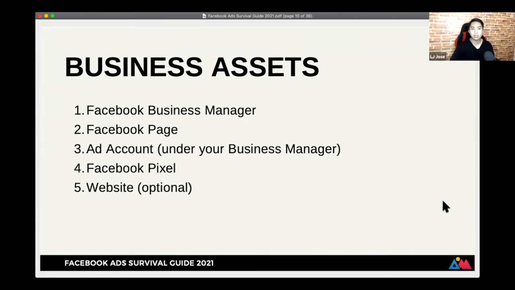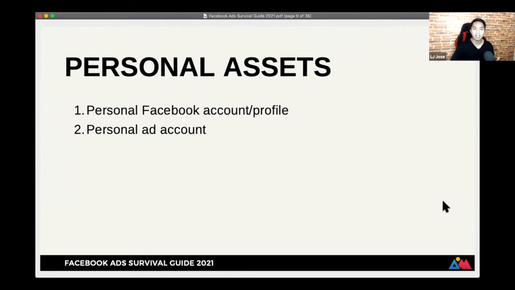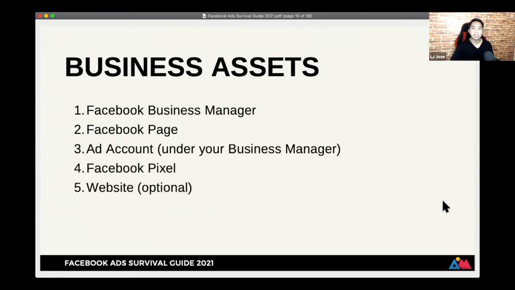And then ad account, okay? An ad account is the one under your business manager. This is being created under your business manager. So to differentiate that, personal assets, again, di ba meron siyang personal ad account? And then for business assets, meron din siyang ad account, but it has to be under the business manager. Nakapasok siya doon sa loob ng business manager na yun. Okay?